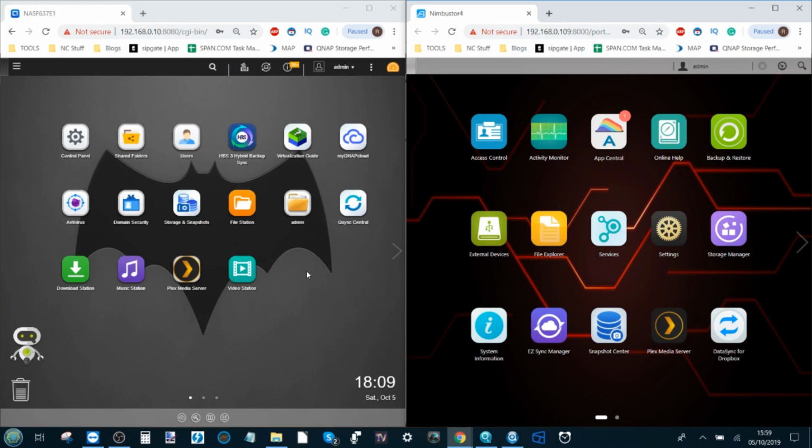Hello and welcome back, and today we're going to talk about how to synchronize and back up a QNAP NAS and an Asustor NAS. Perhaps you're one of the people that bought a QNAP NAS and got slightly attracted by the Nimbustor NAS, or perhaps you're an old Asustor user that wants to make the jump to QNAP. One way or another, there's lots of ways in which you can get different NAS devices to work together and synchronize their data. And whether you are going to use it as upgrading your NAS to a new brand, or you're using it as a second-class backup strategy, so you can have two tiers of NAS with all of your data spread across them, there's lots of appeal to having ways in which you can migrate data between different NAS